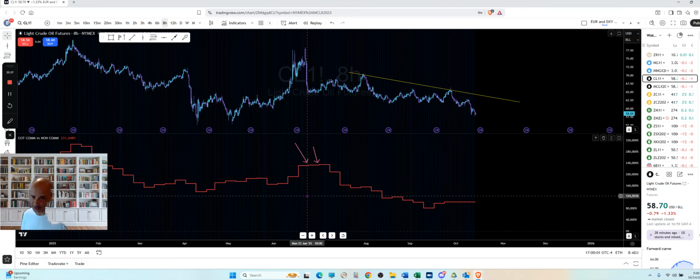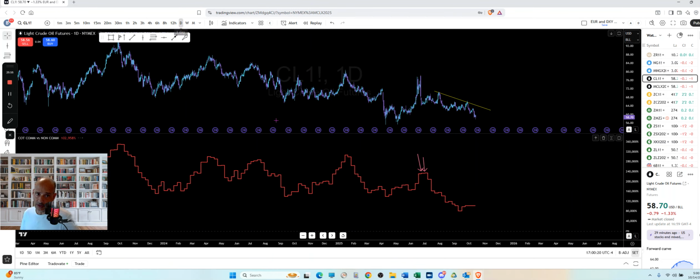And again, this is the large traders. This is not the commercials. I just turned off the commercials, but you could put it on here. You would see a green line that's a mirror image of this one. But just for the sake of a clean chart, I just turned it off. Okay. And again, you can do this on any time frame.